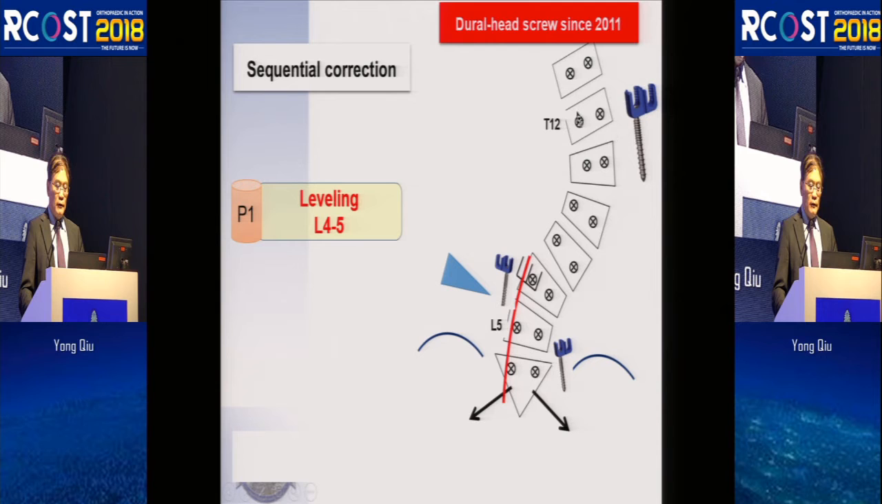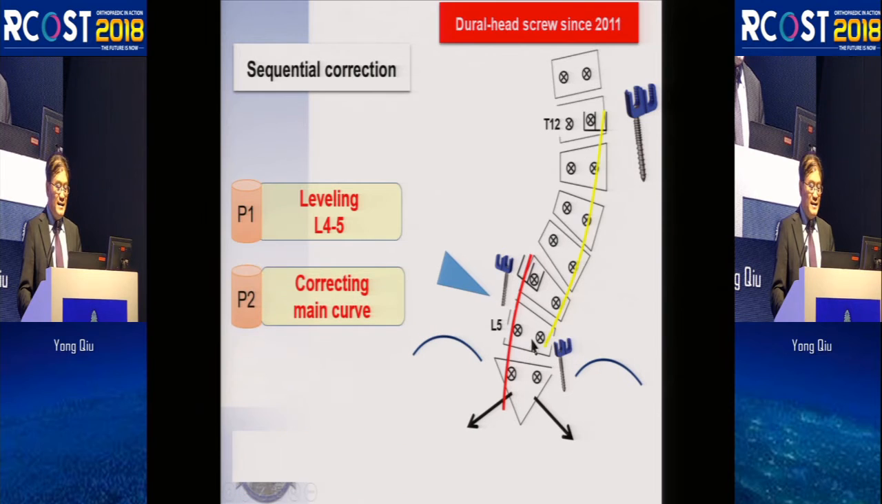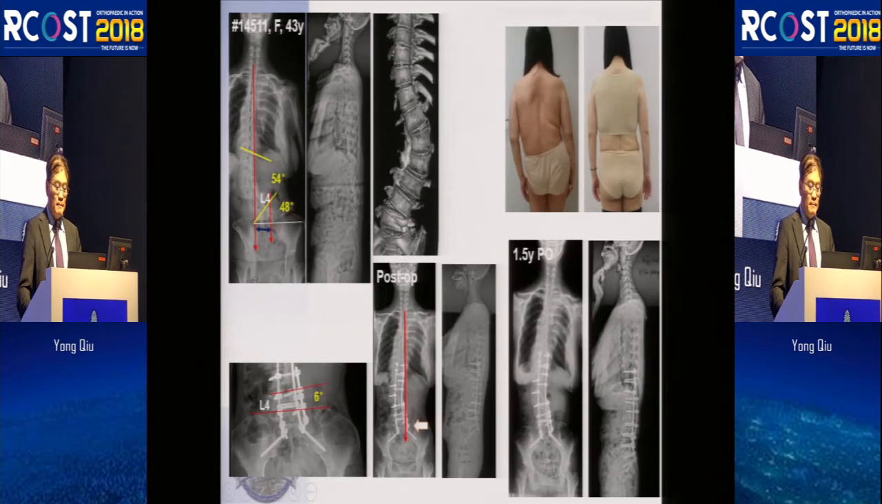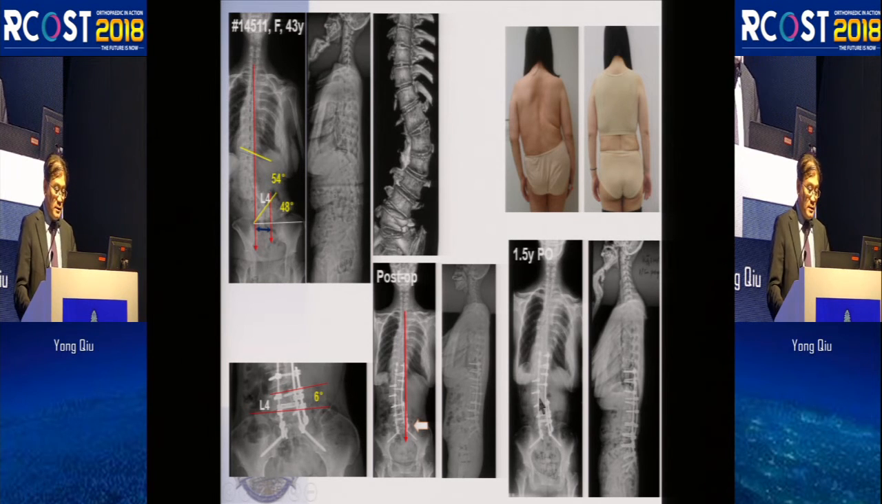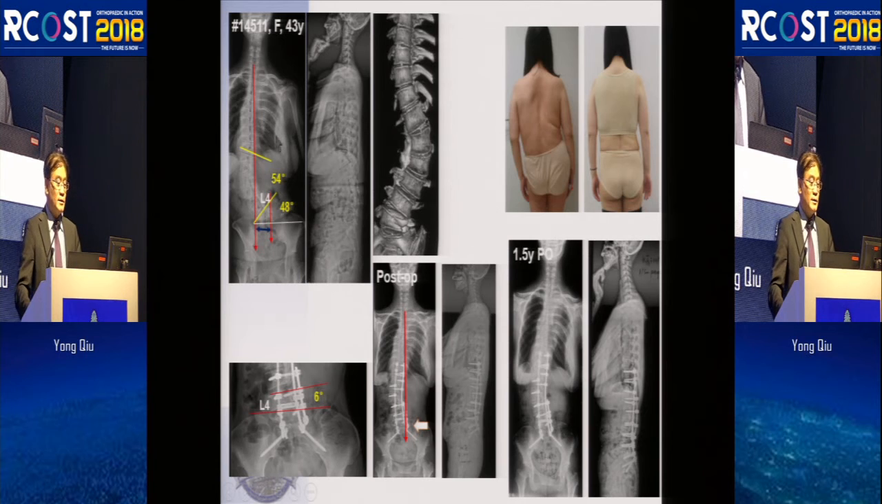Very important: do not focus on the apex of the main curve, just the distal level, and level L4, L5. Then you come to the main curve. If necessary, you can do a second osteotomy at the apex of the main curve. Then you use a long rod to connect the distal instrumentation with the proximal instrumentation. So this is for type C patients. You can see